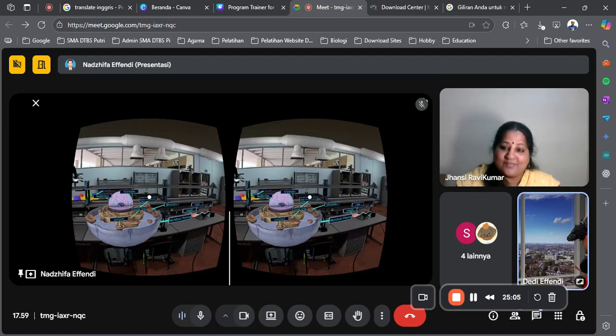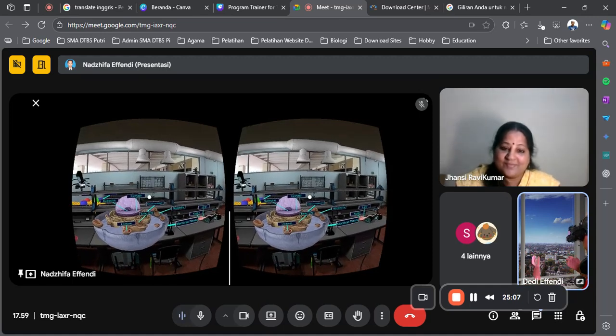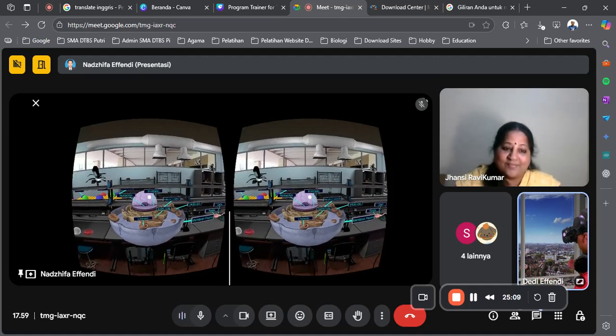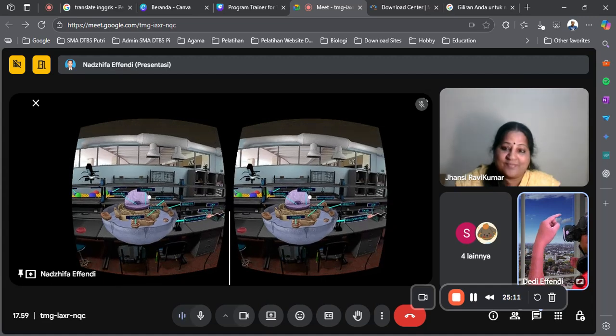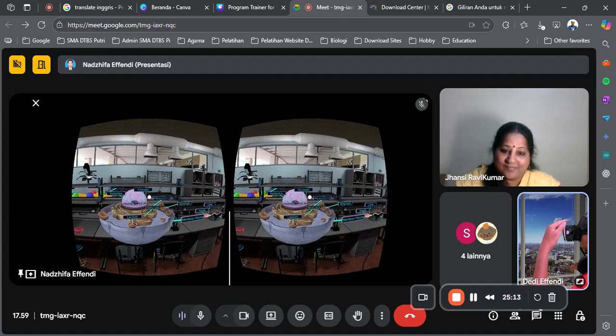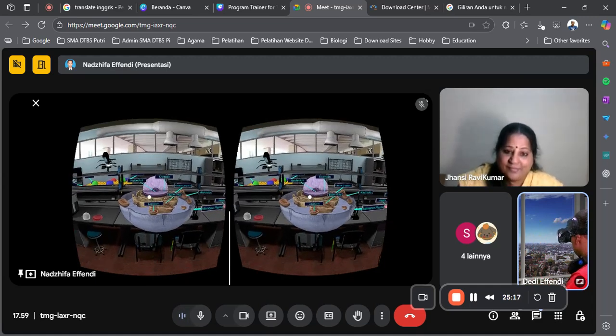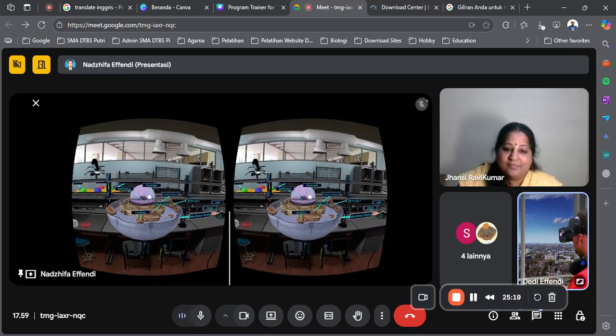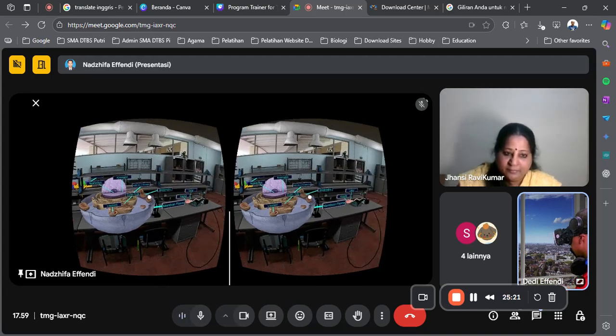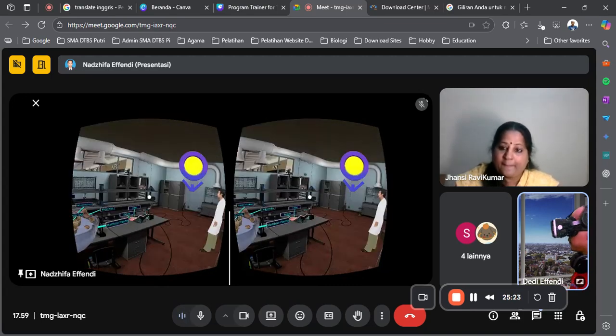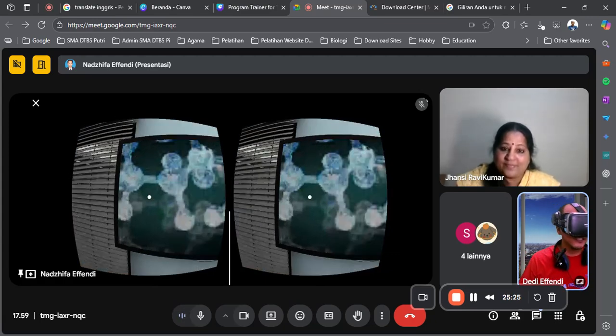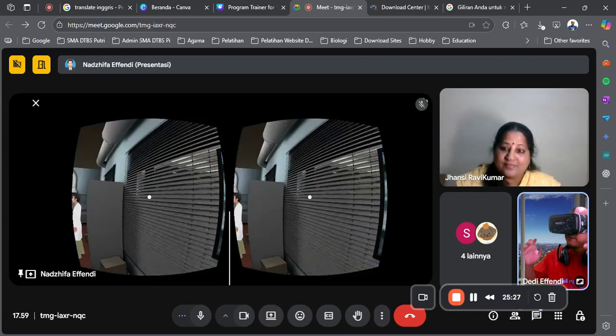In this case, I'm teaching about the cell, the laboratory of the cell. If they go to this station, they will see the 3D model of the cell: the nucleolus, the chromatin, everything we want to display to our students, in virtual reality.